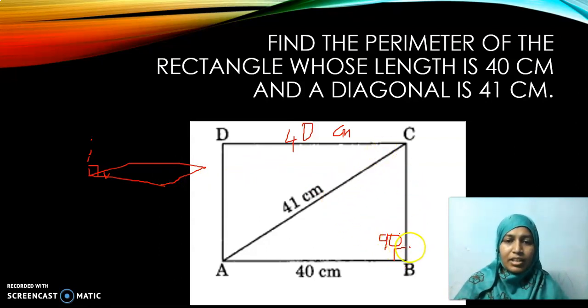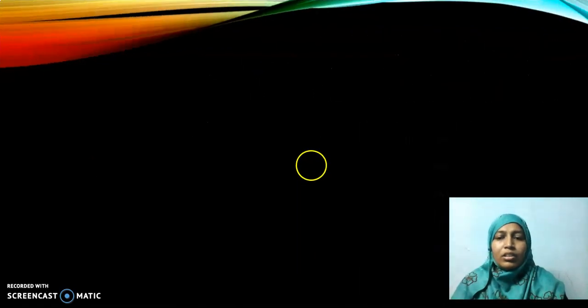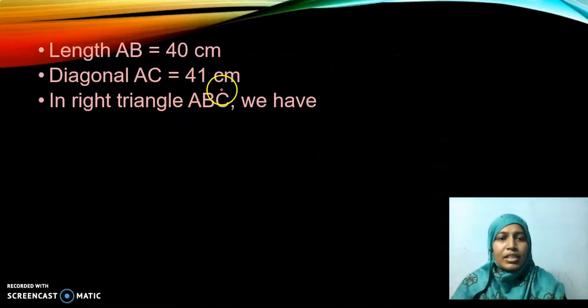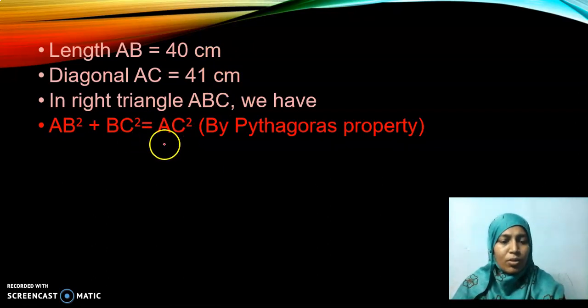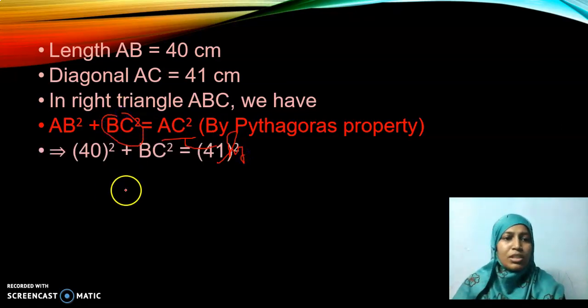So it's a right angle triangle. Half of this rectangle is a right angle triangle, so we can use Pythagoras theorem. As per Pythagoras theorem, AC squared is equal to AB squared plus BC squared. All the things that are there in the diagram, you have to list down. AC is the hypotenuse. I know the measurement of the hypotenuse. I don't know only this BC. I have to find this BC. So instead of AB, I wrote 40. BC, I don't know. I know AC as 41, the whole square.